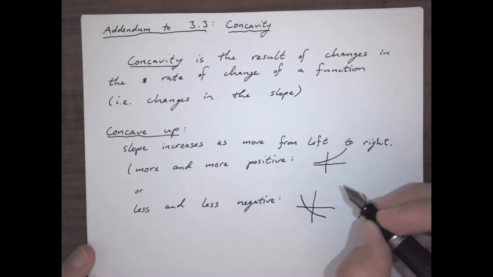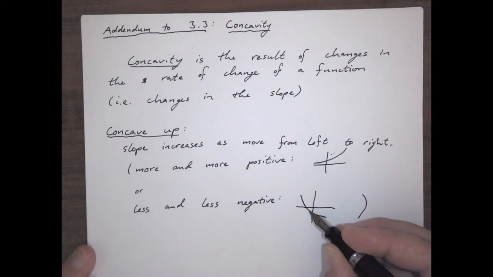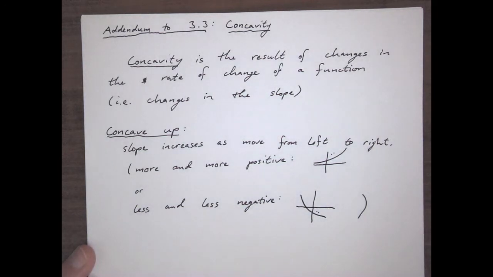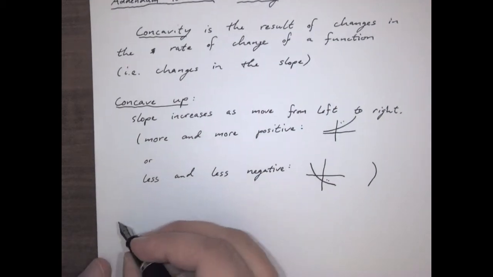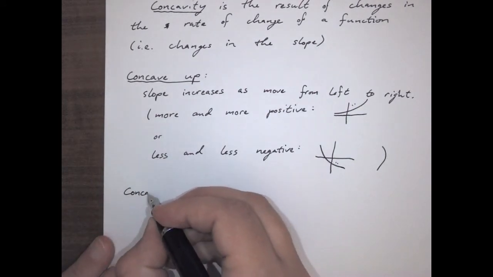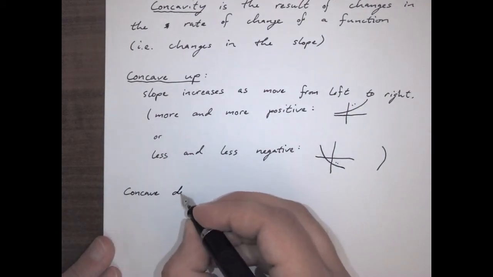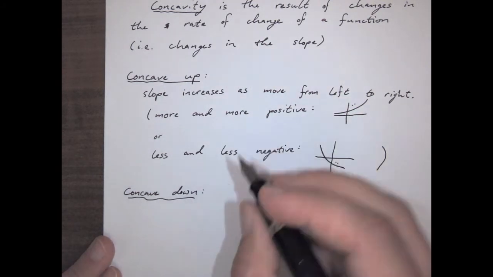So these are the two flavors of concave up, and notice in both cases, if you were to draw little eyes on top of the graph, it would appear to be smiling. So concave up is a feature where the graph appears to be smiling, versus concave down,